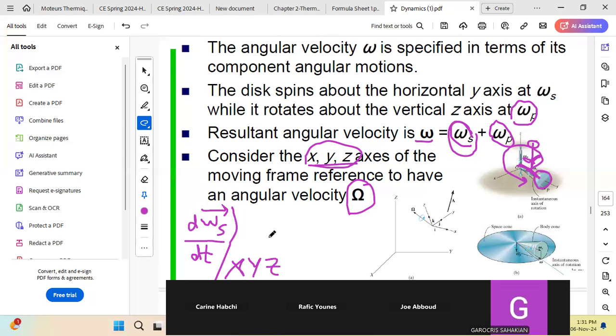So it's equal to the derivative of omega s with respect to time in small x, small y, small z,